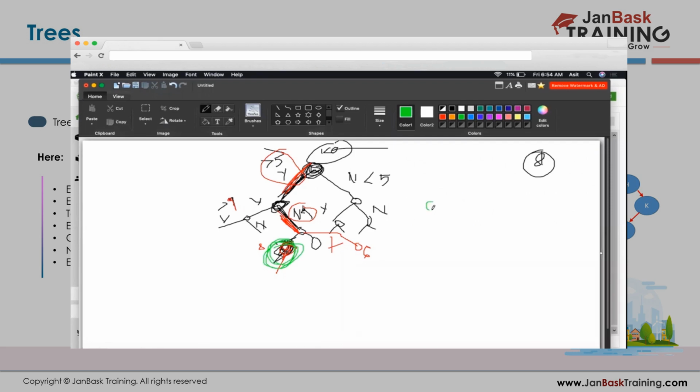That is called depth. It's an important concept, depth. Why? I will tell you in a very short while. Suppose for 8, the depth is 1 for itself, then 2, then the master node 3. So for this example, getting into the leaf node requires a depth equal to 3.